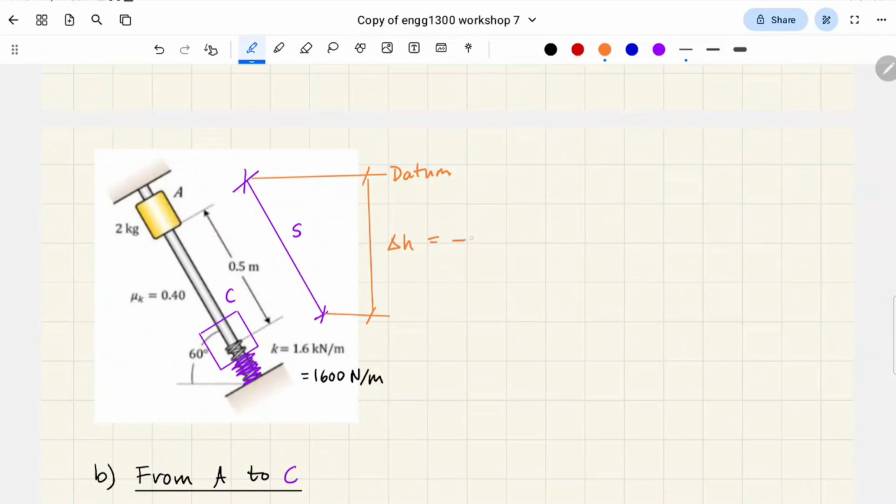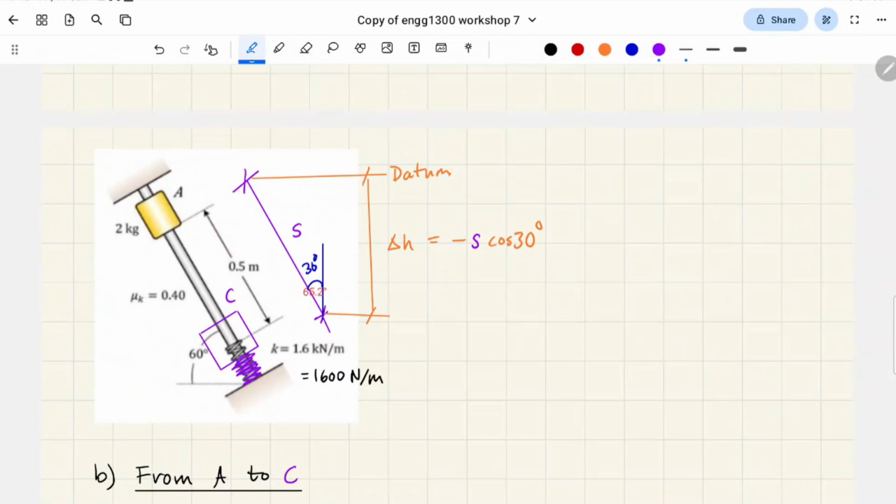Change in height, it's going to be 0.5, oh sorry, my bad, that's S, right? So cos 30, same reason as before. Okay, and